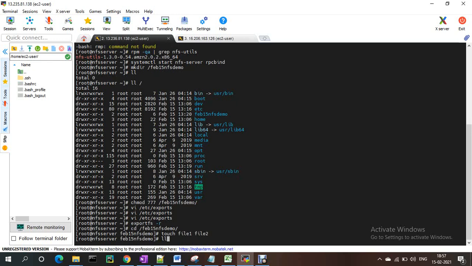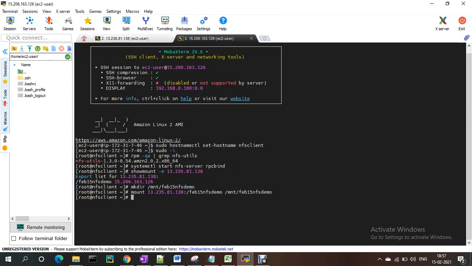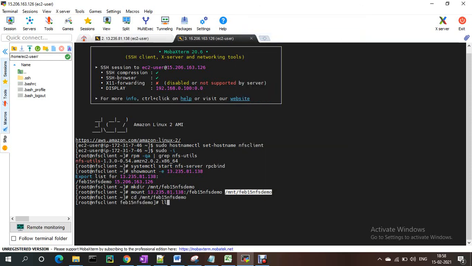If you do this on the server, the same files will automatically be available in the client machine. See, file1, file2 are available here.